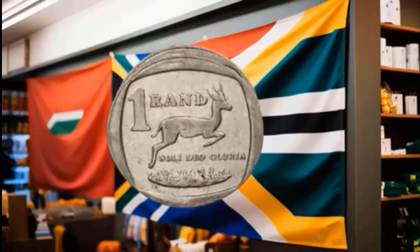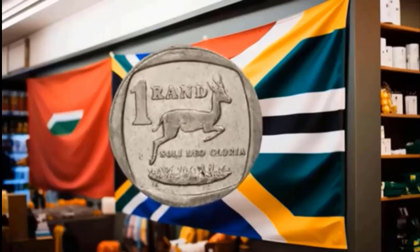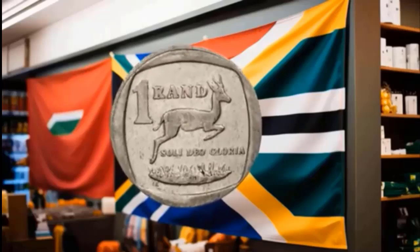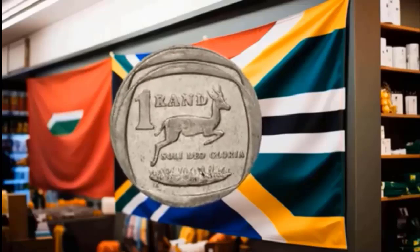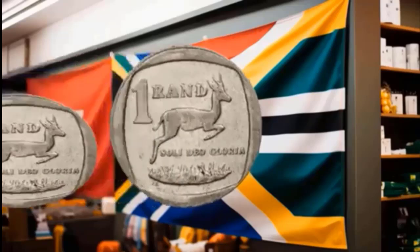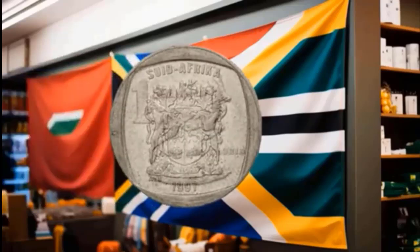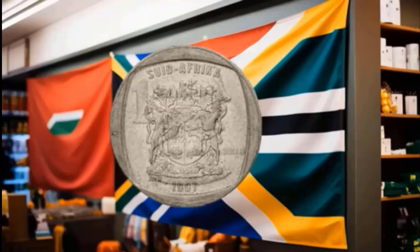To the trained eye, the balance of the design reflects a country asserting its place in the world. To the untrained eye, it looks simple, and that is where most people make their mistake. They overlook it. Men who are 55, 60, 65 years old understand something younger generations often miss. Value is not always loud. Real worth matures. It ages. It waits. Just like land bought before a city grows, or a tool kept long after the job is done,